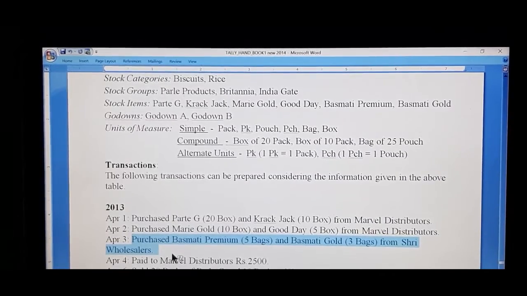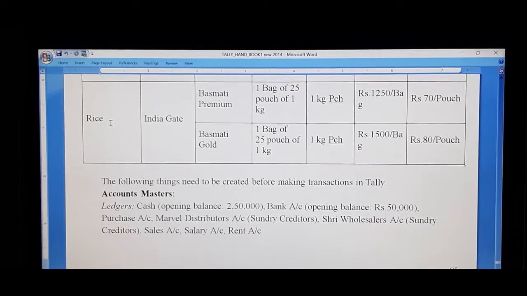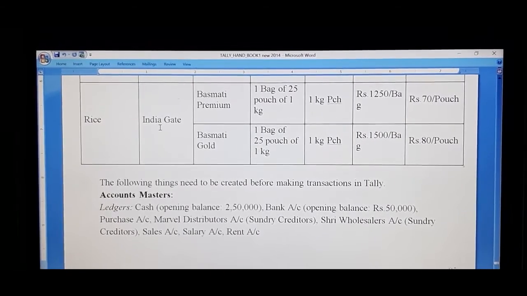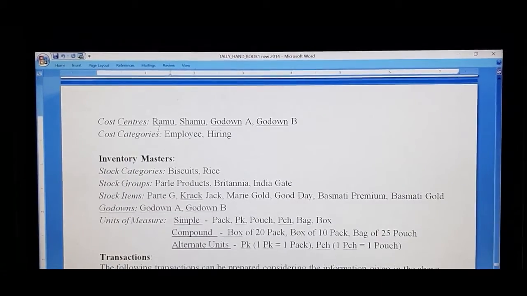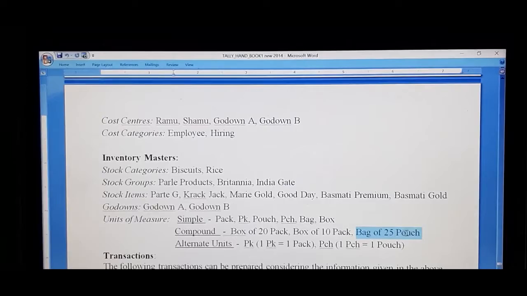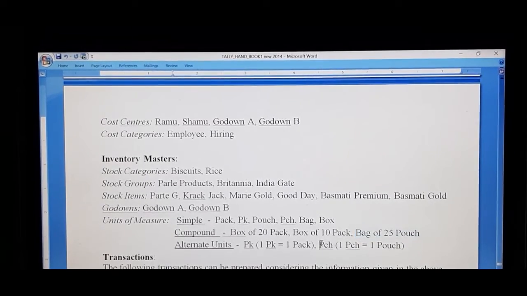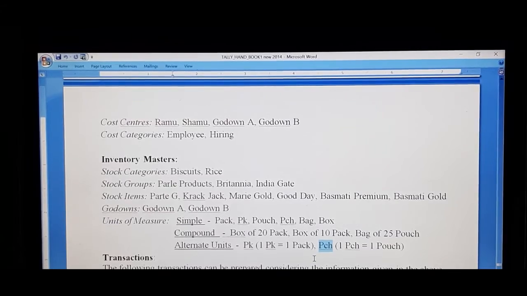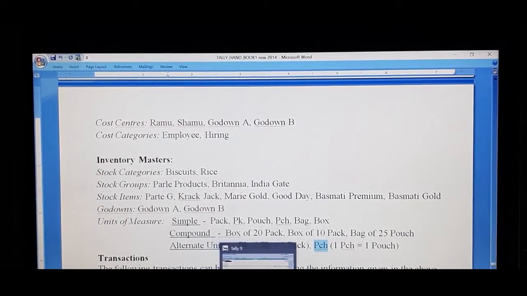Apart from that, we have to create stock category rice and stock group will be India Gate. As well as we have to create compound units of measure, bag of 25 pouch, and alternate unit will be PCH. Let's go back to Tally for recording this particular transaction.